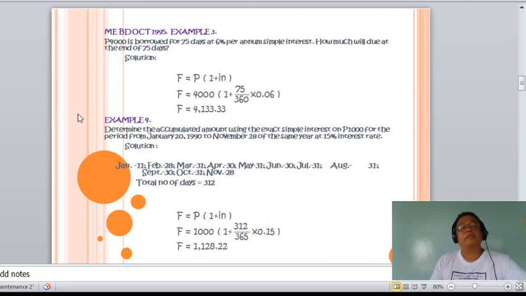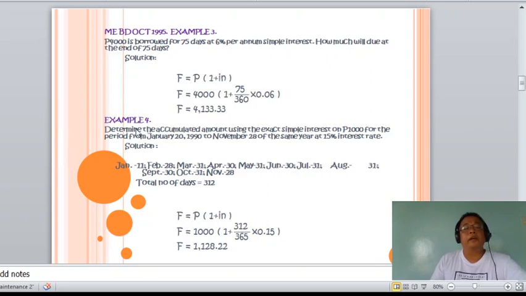And then March is 31, April is 30, May is 31, June is 30, July is 31, August is 31, September is 30, and then October is 31, and then November is 28 rather. Okay? So the total number of days is equivalent to 312